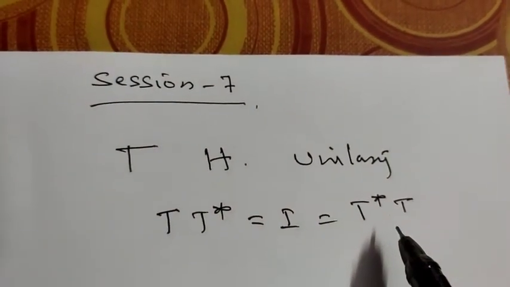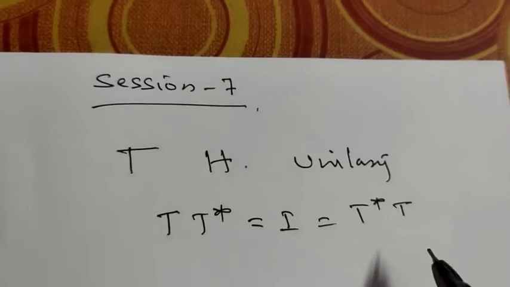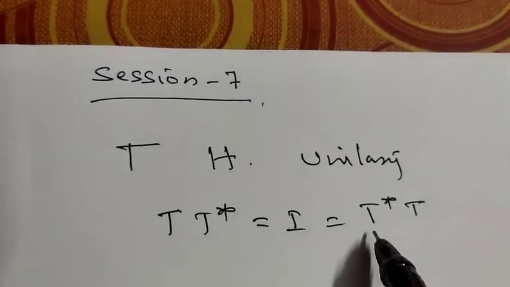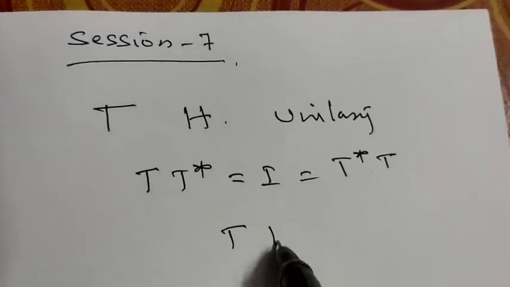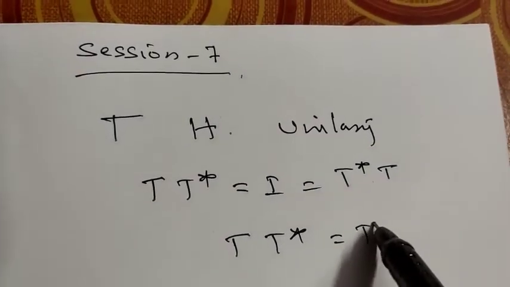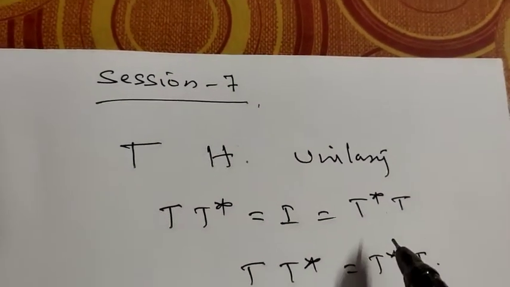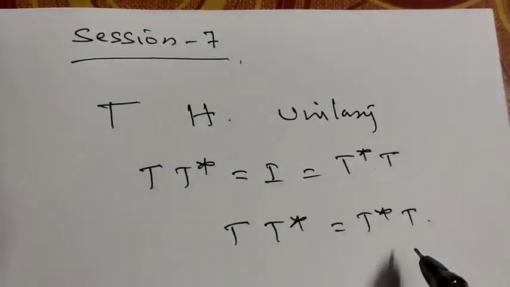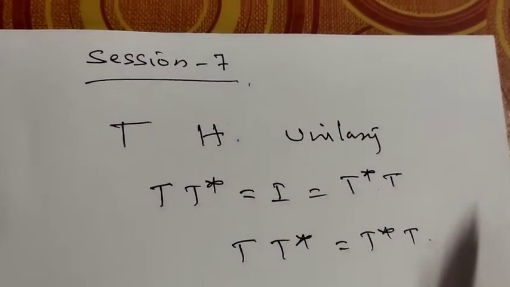Now obviously unitary operators are normal, because T into T star is I, that's equal to T star into T, means T into T star is equal to T star into T. Therefore every unitary operator is a normal operator. Now let us take up a few results on these unitary operators. So first one,